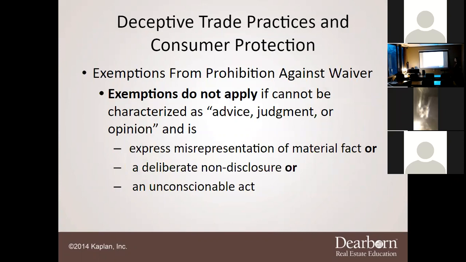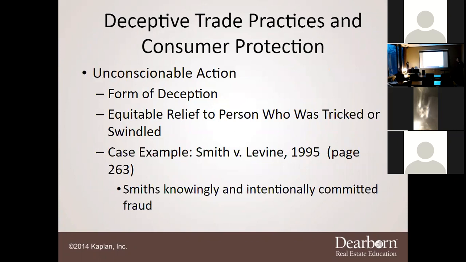There are also exemptions from the prohibition against the waiver, and those exemptions do not apply if it cannot be characterized as advice, judgment, or opinion, and it is an express misrepresentation of material fact, or a deliberate non-disclosure, or an unconscionable act. Okay? Of course, we talked about the unconscionable act. It's a form of deception. Equitable relief to the person who was tricked or swindled, of course, is going to be the one that's going to be protected. One of the main cases was the Smith case, and it was that Smith knowingly and intentionally